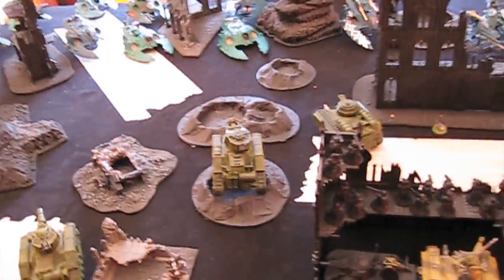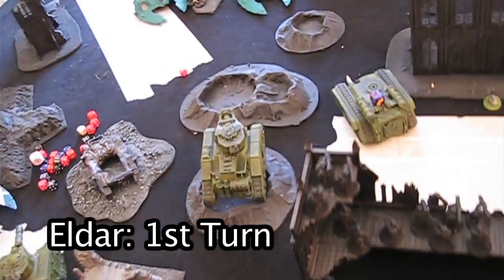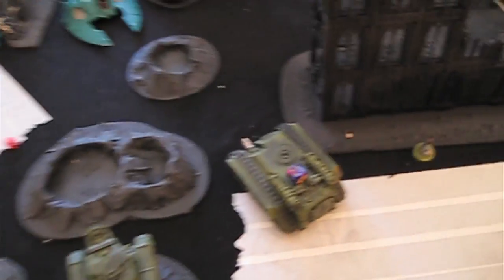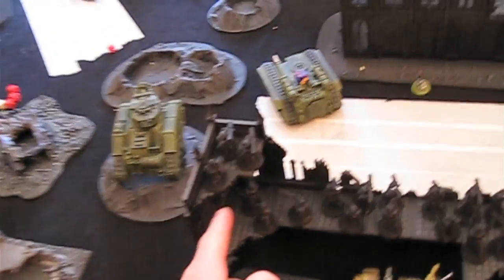Let's see if I can salvage something from this disaster. You cannot have a moment to compose yourself, right? Jasper's just had his first go. He has immobilised my Hellhound and taken the weapon off, which is a shame, I must admit. Kill point. He's killed one las cannon team, and he's just taken one wound off one